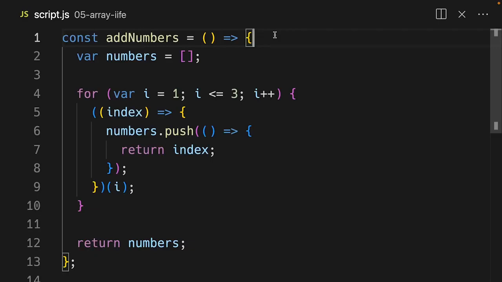The second way that we can achieve a unique binding for each iteration is by using an IIFE, or an immediately invoked function. To do this, we wrap numbers.push in an immediately invoked function like this. And so what we're doing here is for each iteration, we pass the I variable to the immediately invoked function,